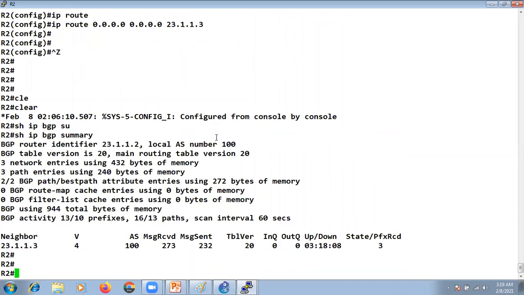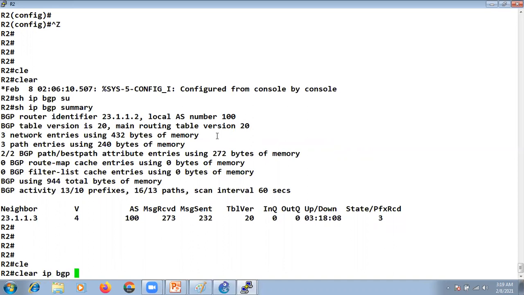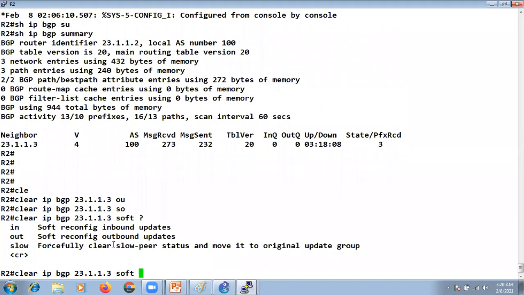Show ip bgp summary. So in our last class, we already discussed how we can refresh the update of a particular neighbor. Not show ip, it's clear ip bgp, and I will put the neighbor IP. Either we can say soft. If we just enter here, it will update both incoming and outgoing updates.